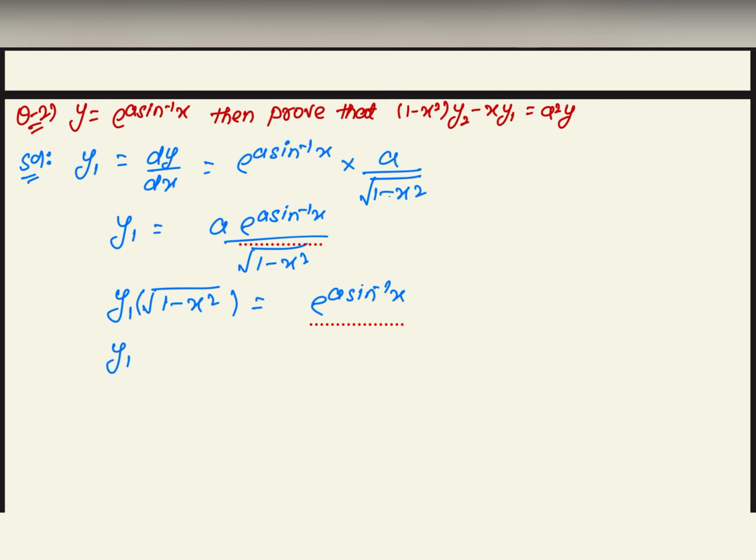So y1 under root 1 minus x square is equals to a y. दोस्तों ये आप देखेंगे कि e to the power a sin inverse x इज इक्वल्स टू y के बराबर है, hence it is y, as y is equals to e to the power a sin inverse x, squaring both sides,